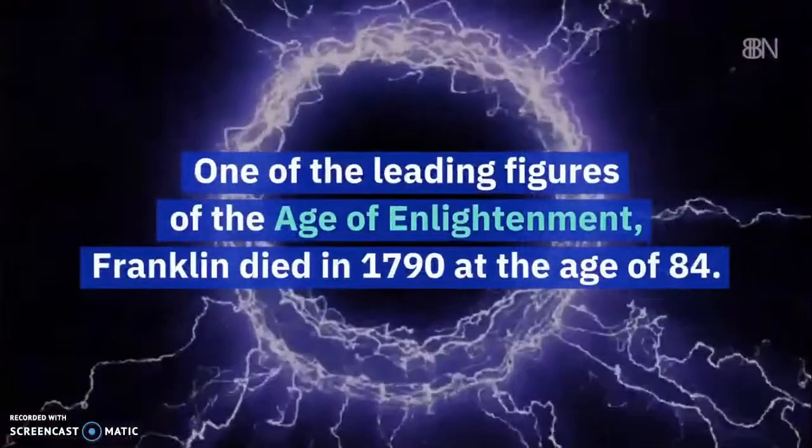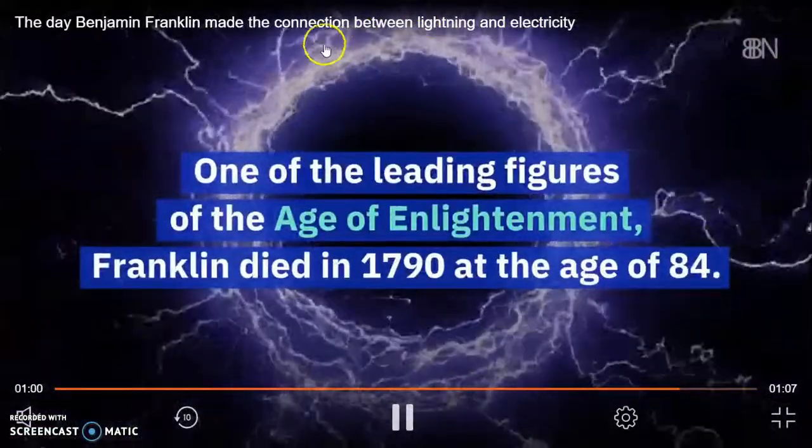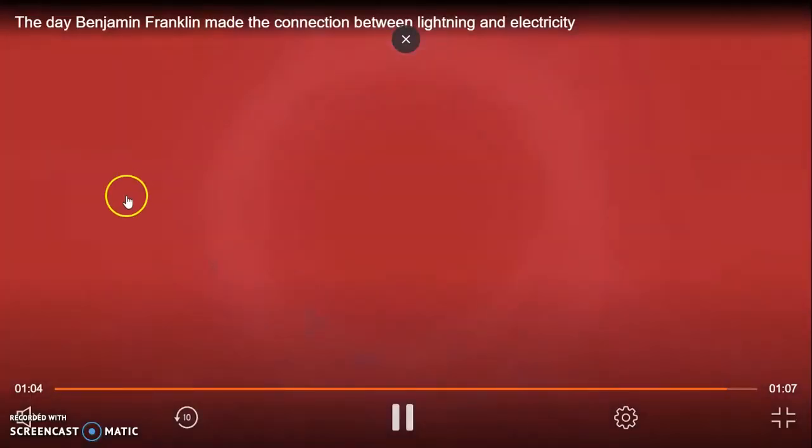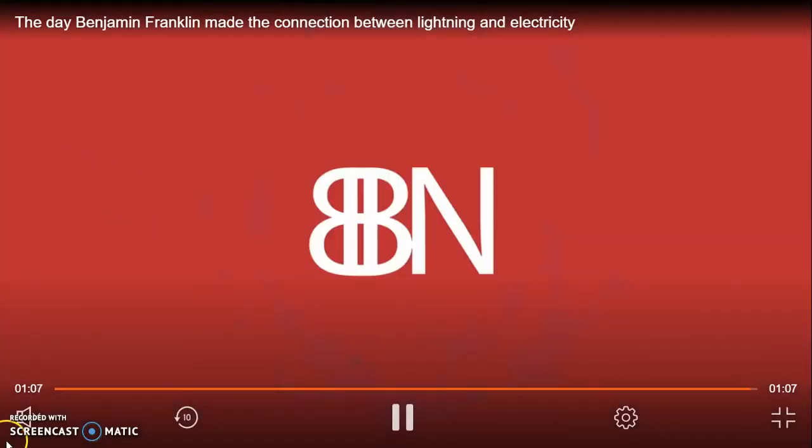At this key the vial may be charged, and from the electric fire thus obtained, spirits may be kindled, and all the other electric experiments be performed, which are usually done by the help of a rubbed glass globe or tube, and thereby the sameness of the